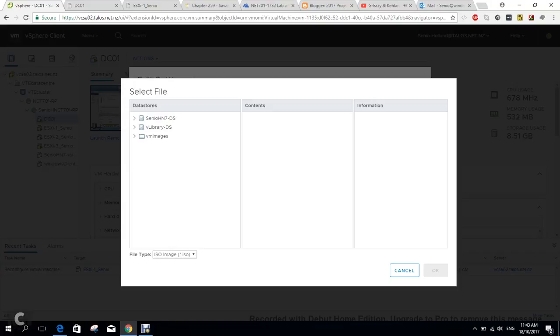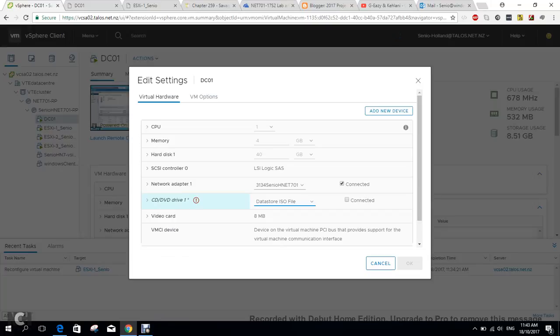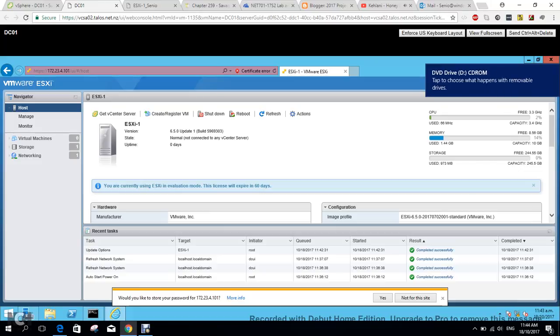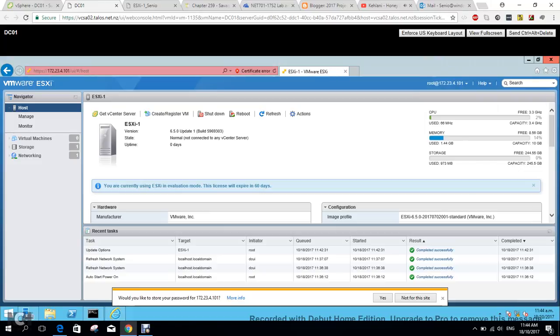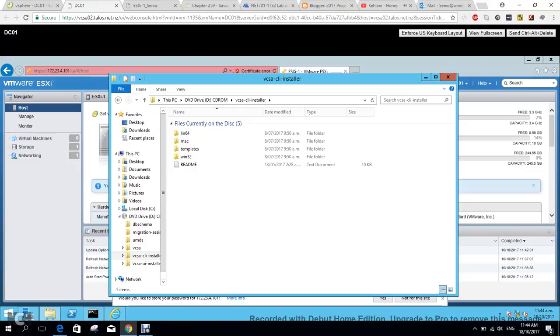It's under V library, Net 701, and it is VCS Appliance, VCSA. So once we've mounted this into our domain controller, we should be able to navigate to our domain controller and see it. And here it is. Now we can go in,